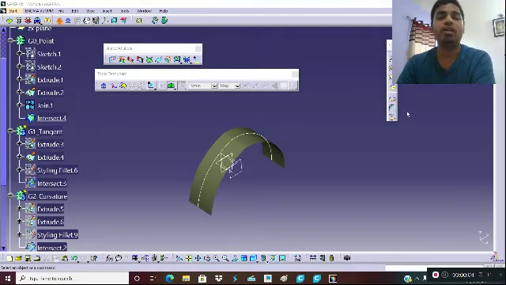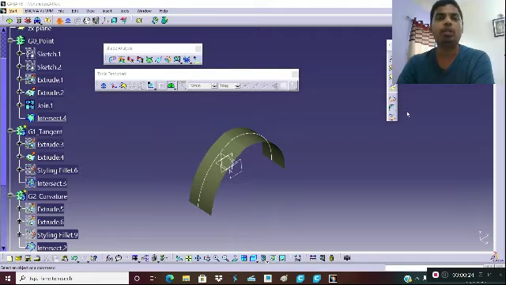In today's session, we will be discussing different types of continuity in automotive design. As we all know, we will get a class A data from a team of stylists. Then we need to analyze the given class A data, create class B, class C, and create a solid surface.